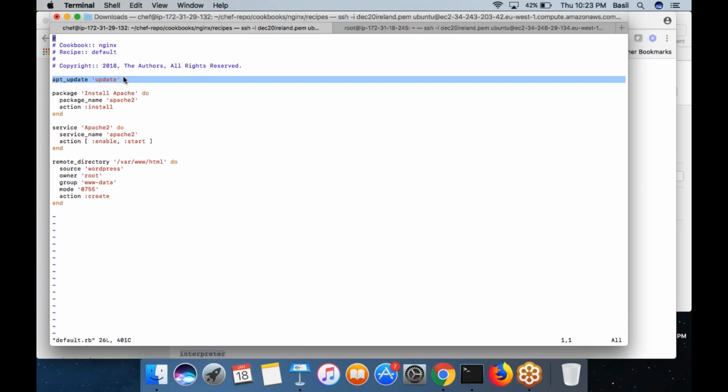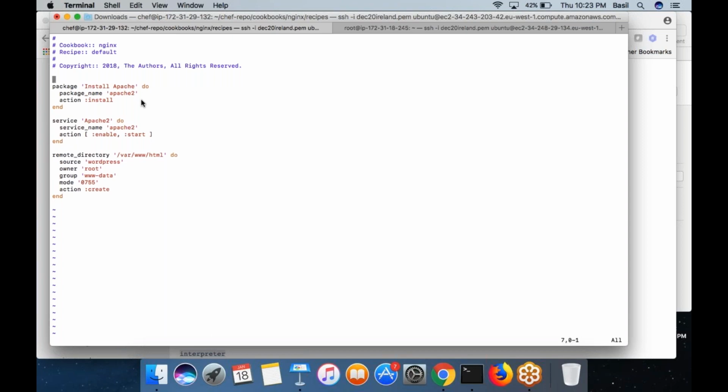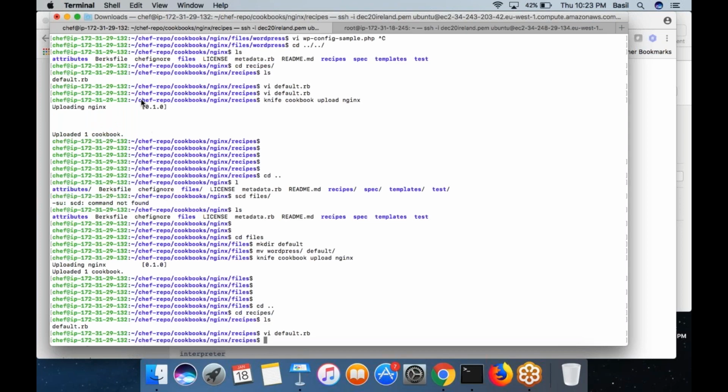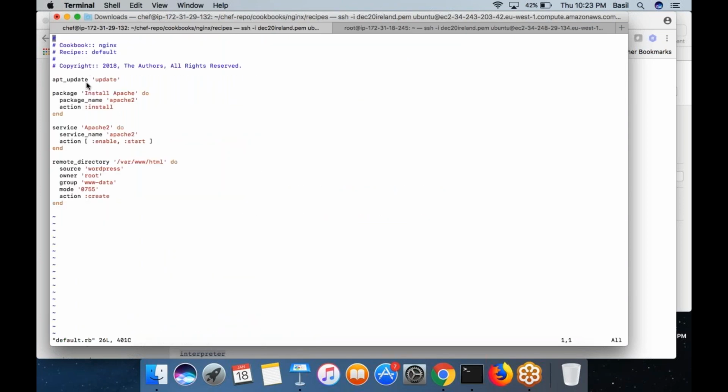Instead I create that in a single place, then include the apt recipe everywhere else. That's what I'm going to do now. Let me remove this line. So this line I am going to add to my apt cookbook, apt_update. Remove this from here.